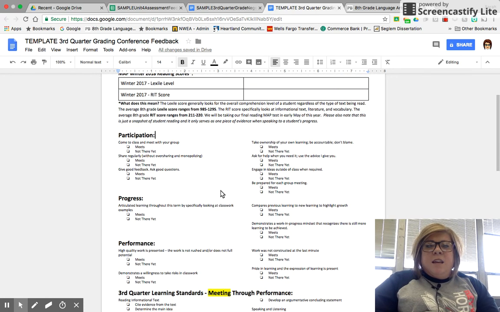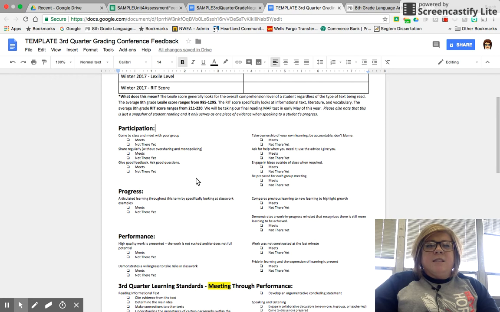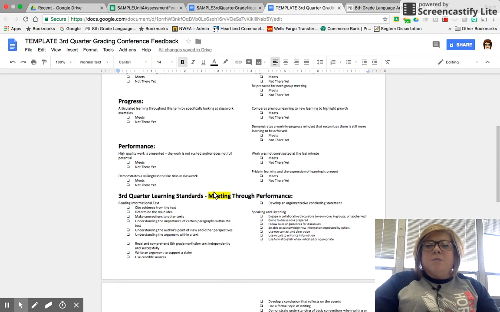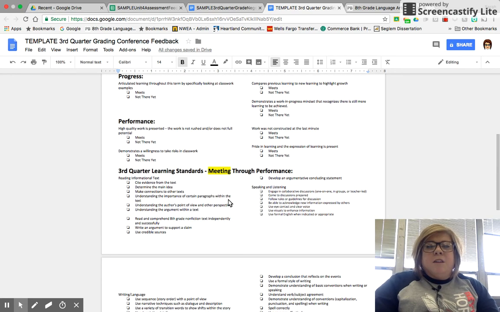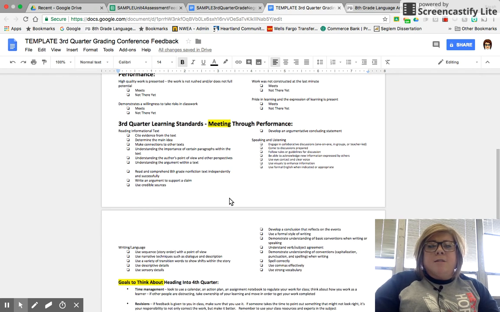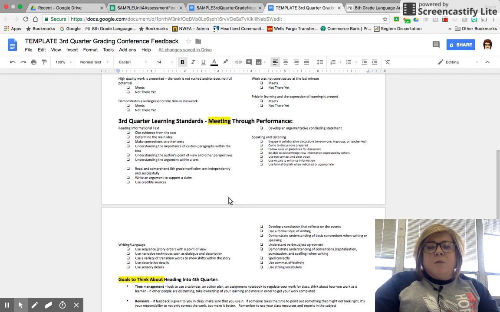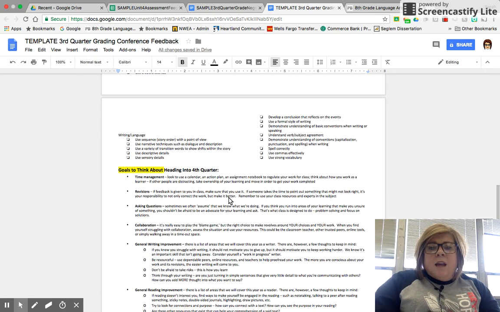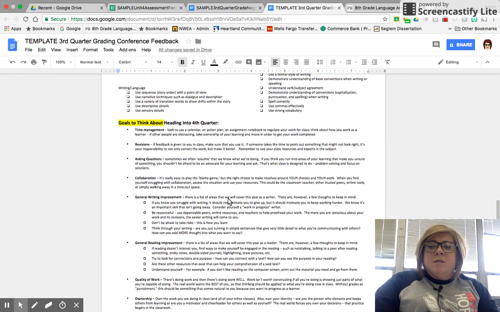Down below, you'll see where I'll be assessing, taking a look at participation, progress, and performance. I'll also give my own input on the standards that I feel that your child is meeting throughout this quarter based on what they have demonstrated. And then also some goals to be thinking about as they move into fourth quarter.